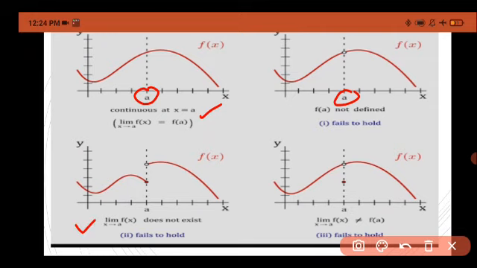Here you can see the third one. Here at f(a), the value is around 3, and at a only, it is also having the value 5. So this one also is not continuous. Fourth one, here you can see the hole is there and the value at a is here. And the curve is a little higher, so it is also not continuous. A break or a hole is there, that is why.